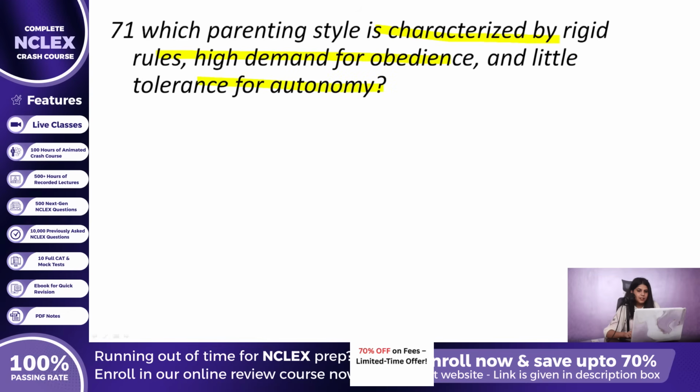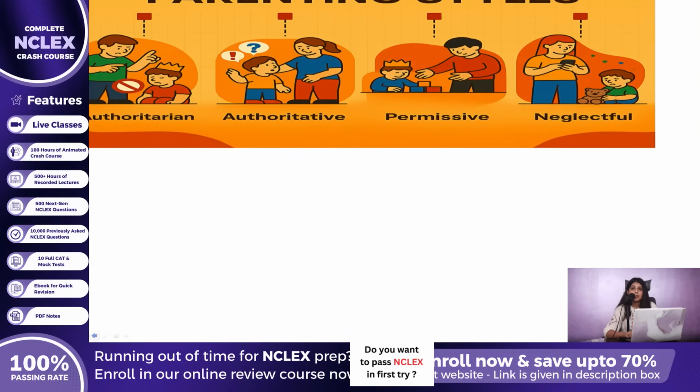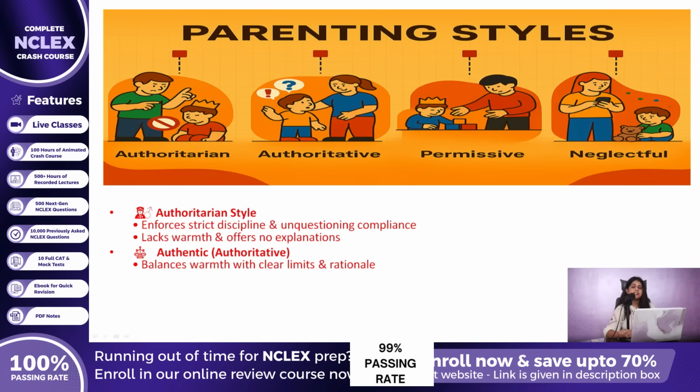tolerance for autonomy. Here are your options. A. Authentic. B. Permissive. C. Authoritarian. D. Indifferent. The correct answer is C. Authoritarian, because this style enforces strict discipline and unquestioning compliance without warmth or explanation. In contrast to authentic, balanced warmth and limits, permissive, high warmth, low control, and indifferent, low warmth and control, parenting